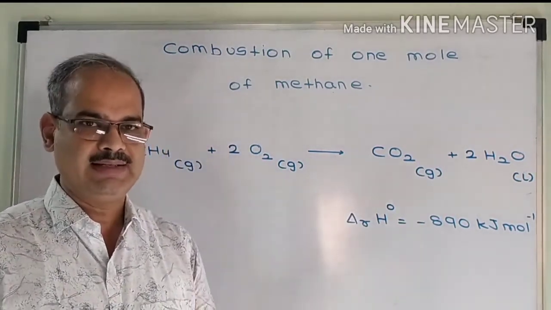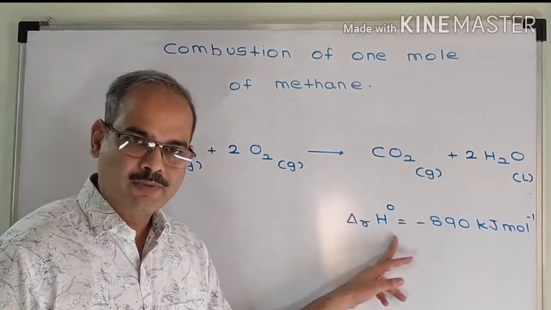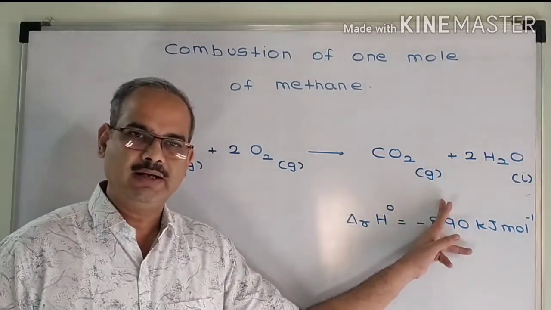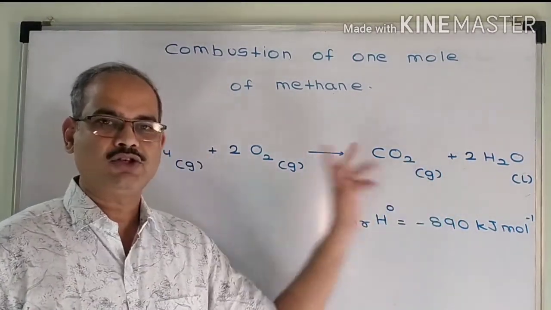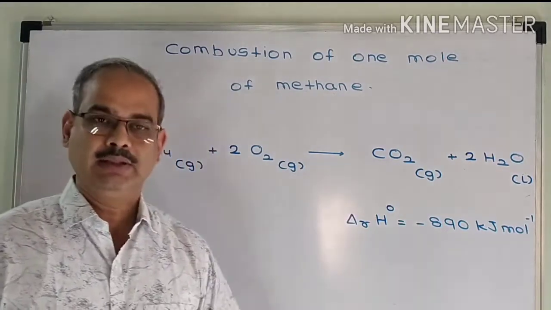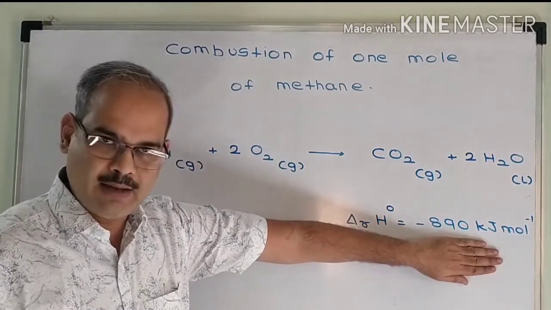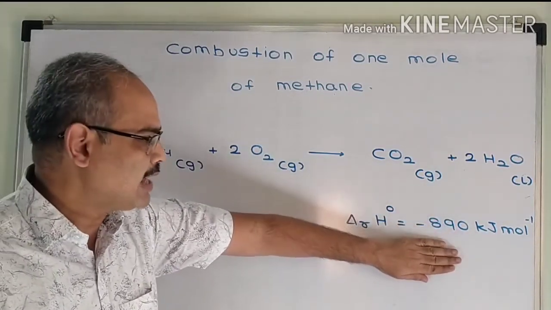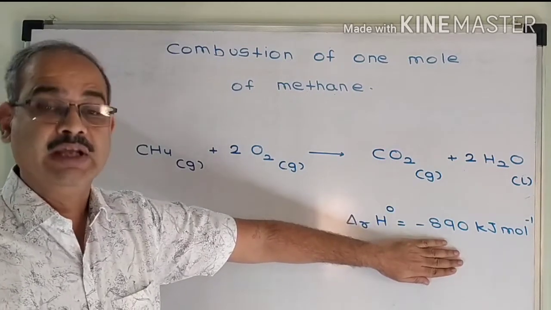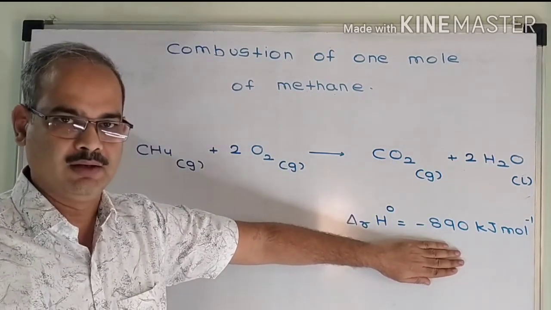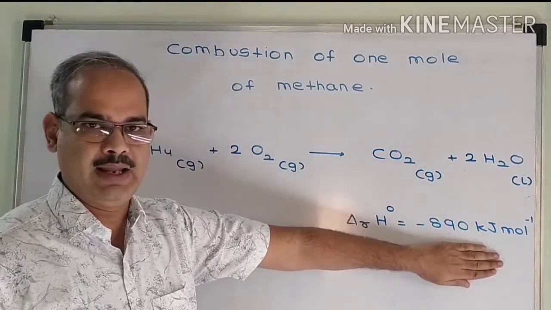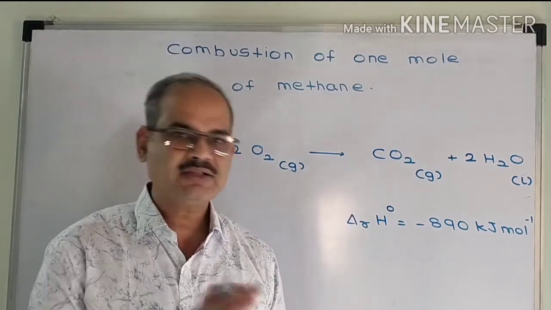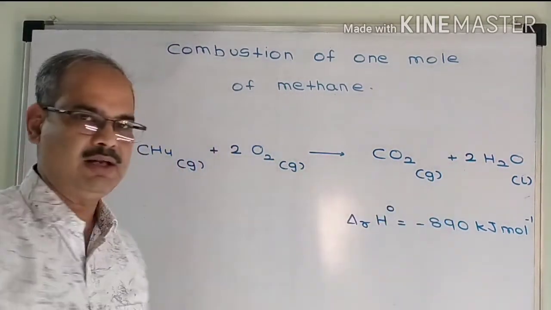The fourth guideline says that the value of delta H refers to the enthalpy change for the reaction taking place in the direction indicated by the equation. If the direction of the equation is reversed, then the magnitude should be kept the same, only the sign should be reversed. Similarly, this is the enthalpy change value for an exothermic reaction. If the same reaction was endothermic, then the magnitude will be the same again, but the sign will be reversed, or opposite.